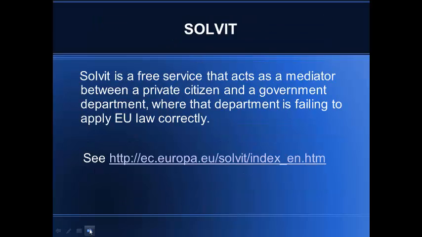As I mentioned earlier, SOLVIT is a free service that acts as a mediator between a private citizen and a government department where that department is failing to apply EU law correctly. And you can find more on this at